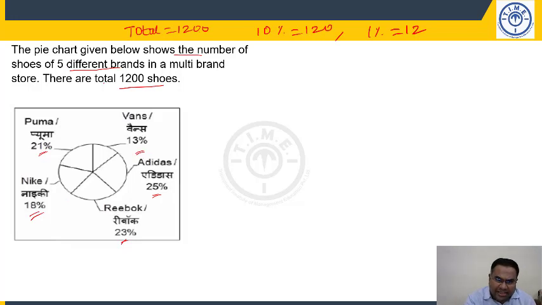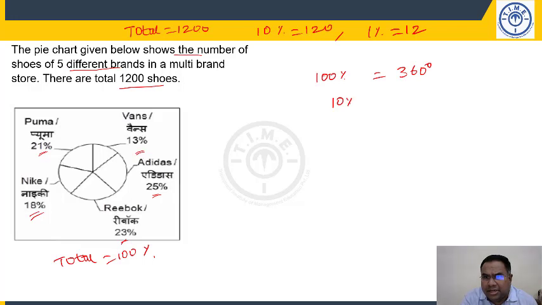Now you know that a pie chart can be given in percentage, or it can be given in degrees. If it is given in percentage, if you add, the total must be equal to 100%. If you want, you can check: 21, 18, 39, 42, 52, 55, 60, 80, 100. If it is degrees, the total must be equal to 360 degrees. So before we start, I'll just give you some basic information. 100% if it is percentage, degrees means it is 360 degrees.